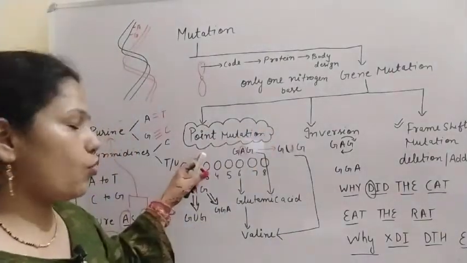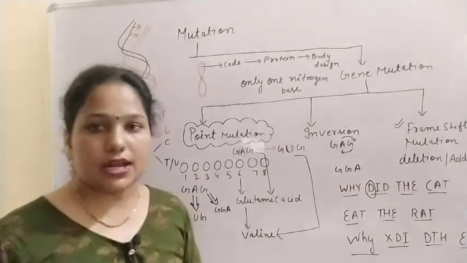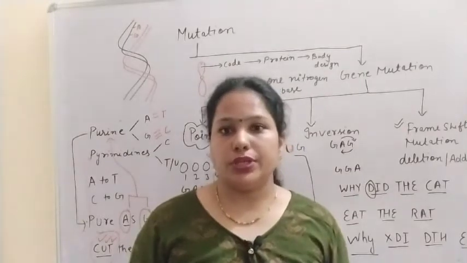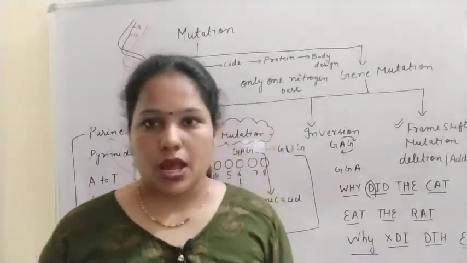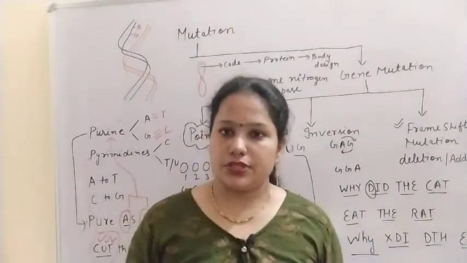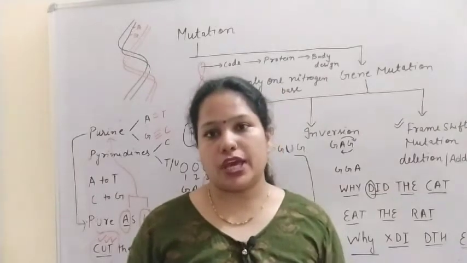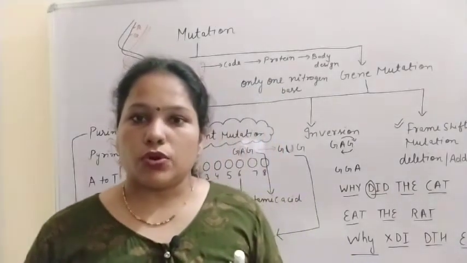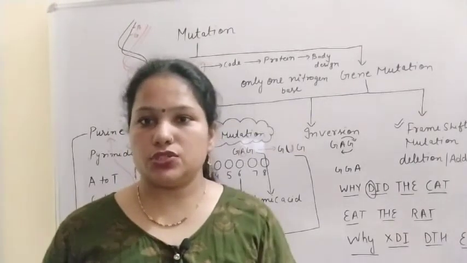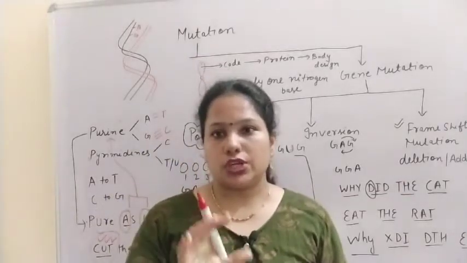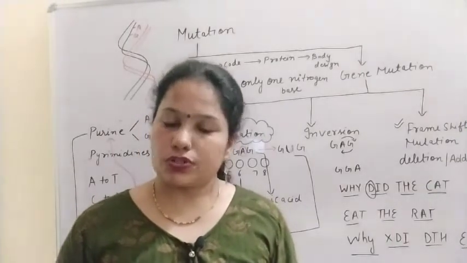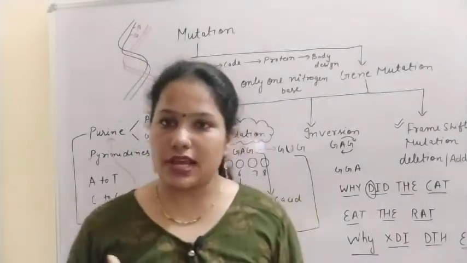Point means very single, the single demarcation or a very minimum change like a point. That is the point mutation. Let us discuss this point mutation with the help of an example, that is sickle cell anemia. In human beings there is normal hemoglobin present in the RBCs, because RBCs have hemoglobin which carries oxygen. In sickle cell anemia, the shape of the RBCs changes from biconcave to sickle shape, and that also decreases the tendency to carry oxygen. So this disease is sickle cell anemia.